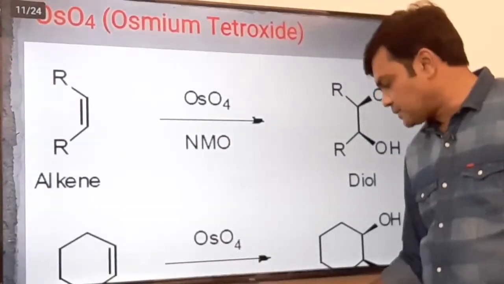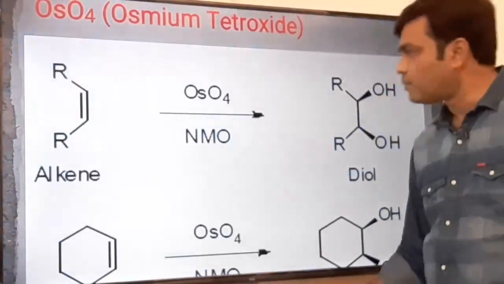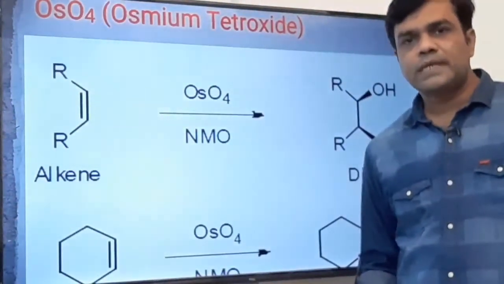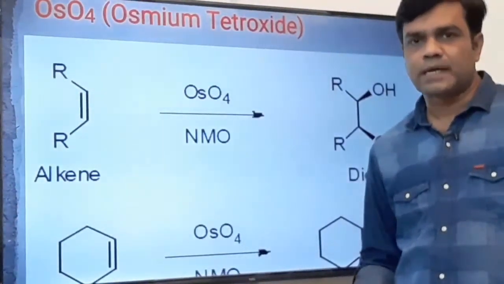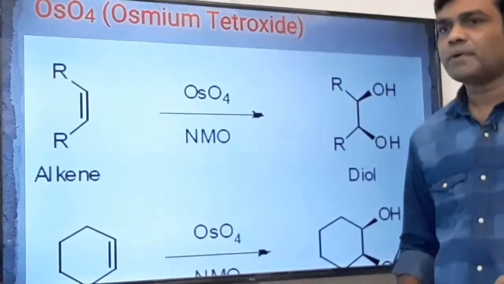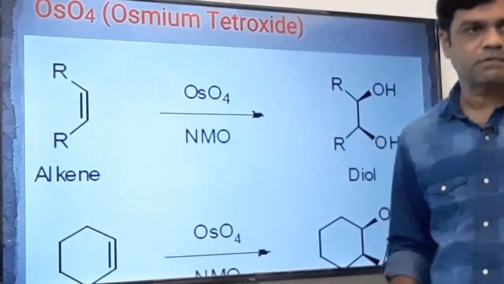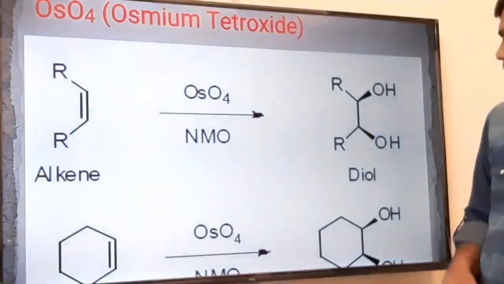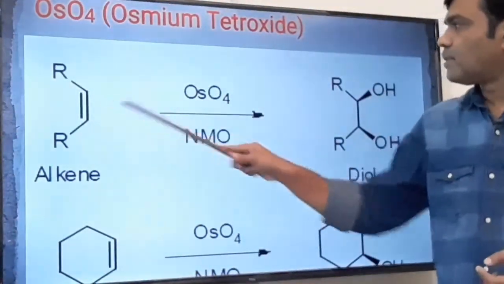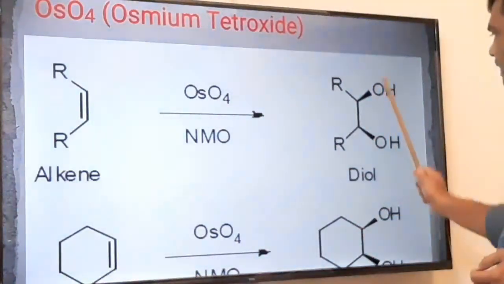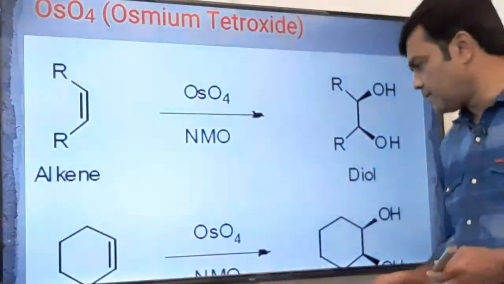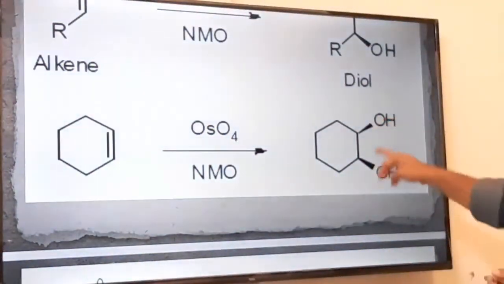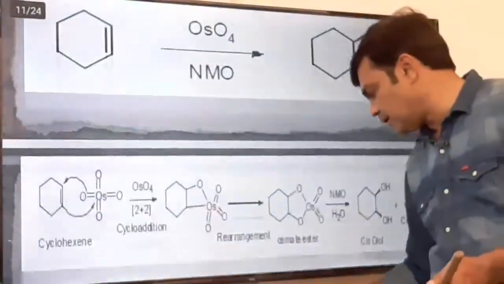Now osmium tetroxide. The function of potassium permanganate and osmium tetroxide are the same. KMnO4 gives cis diol, similarly osmium tetroxide also gives the cis diol. The difference is that in KMnO4 the manganese is in +7 oxidation state, while in osmium tetroxide the oxidation state of osmium is +8. See here, this is a carbon-carbon double bond, with treatment with osmium tetroxide diol formation. Which diol is it? It is a cis diol. This is also a cyclohexene carbon-carbon double bond. See, diol is formed. Which diol is it? It is a cis diol.